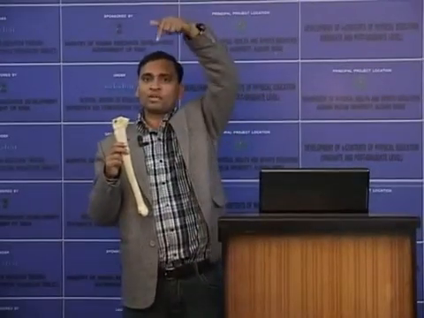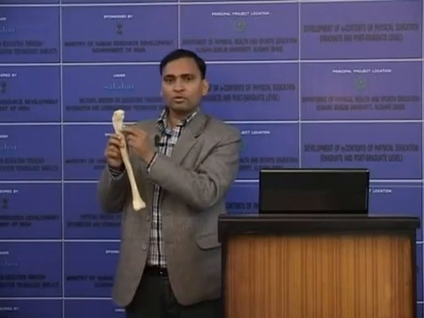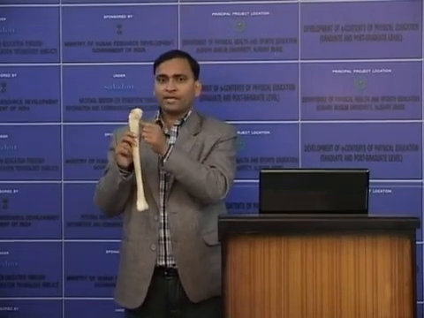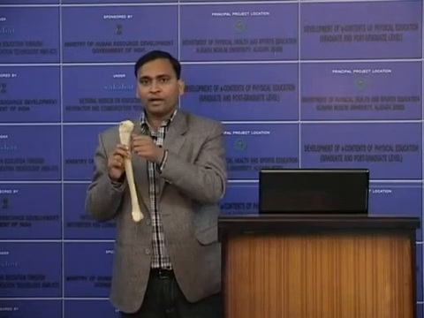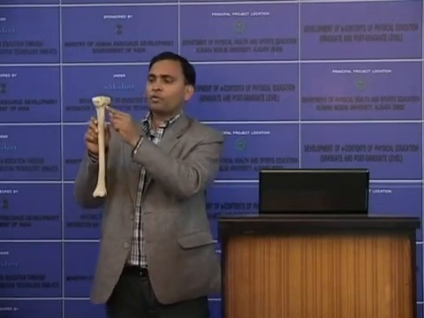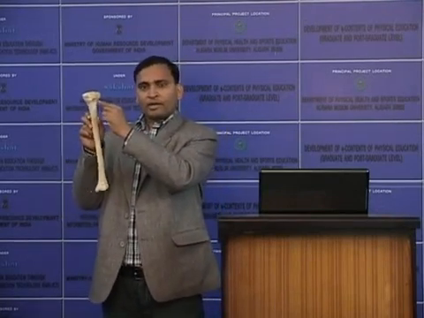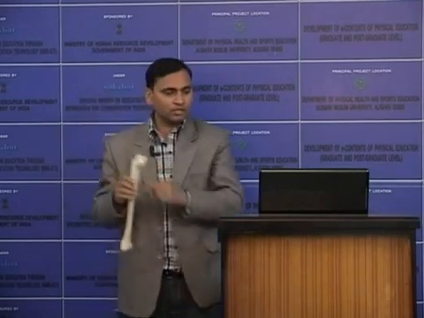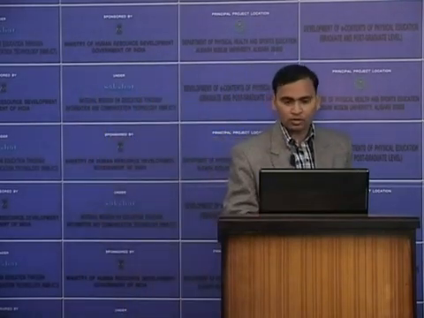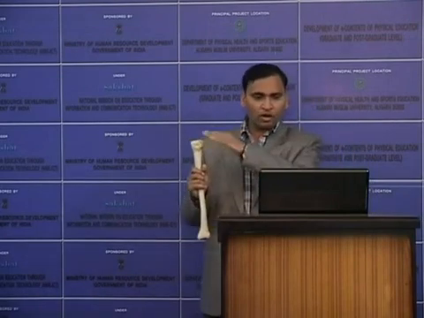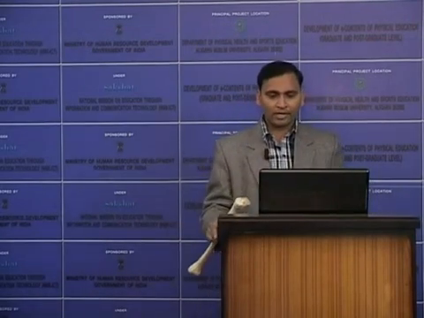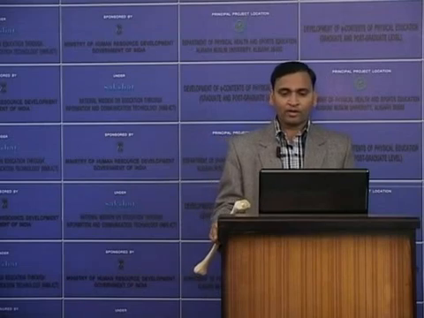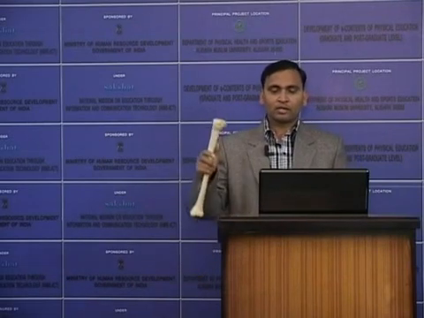Semimembranosus tendon originates from the ischial tuberosity, comes down, and is inserted over the medial side of the tibia, proximal medial side. One bundle of tendon is over here, the second is distally in the distal area, and the third makes oblique fibers and goes to attach proximally backward near the capsule of the joint. That third band strengthens the joint capsule of the knee joint.